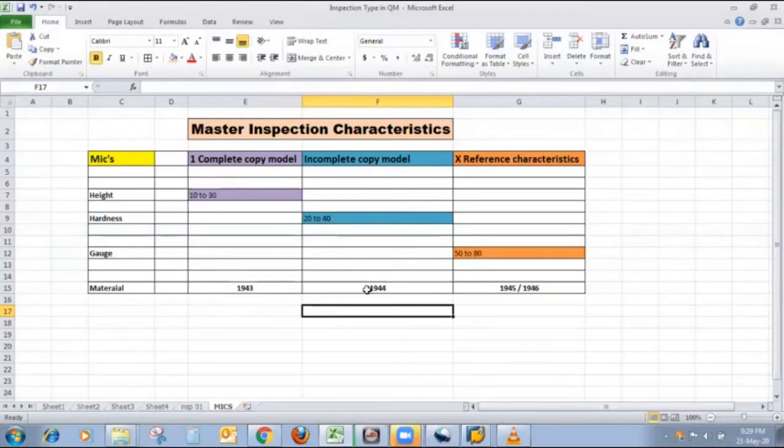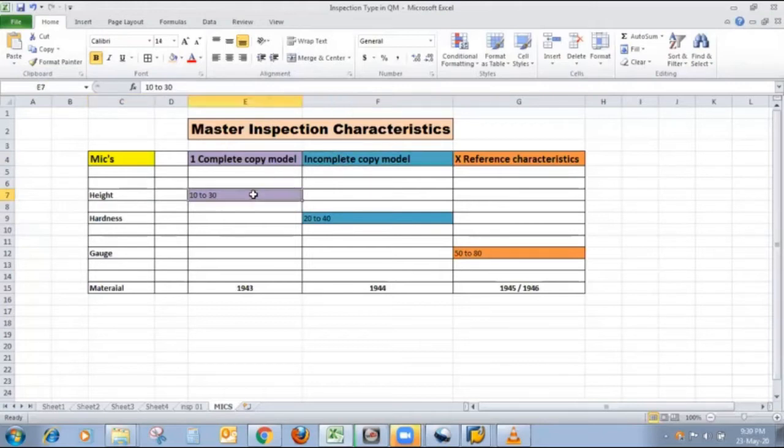So during creation of the plan, we can maintain this lower limit, upper limit as per our choice. But there is no such choice available in the complete copy model. In the complete copy model, the system directly takes the lower limit and upper limit which we already created during creation of the MIC. So this is the major difference between the complete copy model and the incomplete copy model.